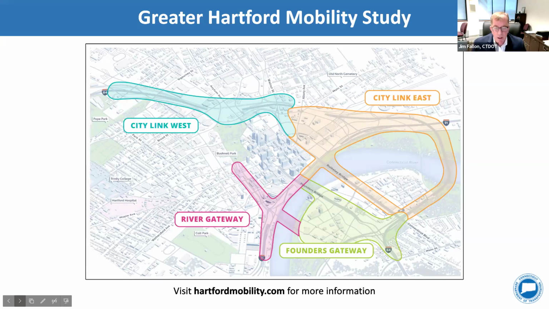River Gateway, which is shown in pink, that's really about connecting the central business district with the water, with the river. There's also some opportunities to lower I-91 as we go through that area, and to try to enhance some connections between Hartford and East Hartford. So that's the River Gateway portion shown in pink. And then the Founders Gateway over on the East Hartford side, so that hopes to simplify some of the connections between 84 and Route 2 to provide significant opportunities for redevelopment, as you can see towards the river area as we simplify that interchange. So those all working together would be the vision, if you will, for what the Greater Hartford Mobility Study and what the area may look like